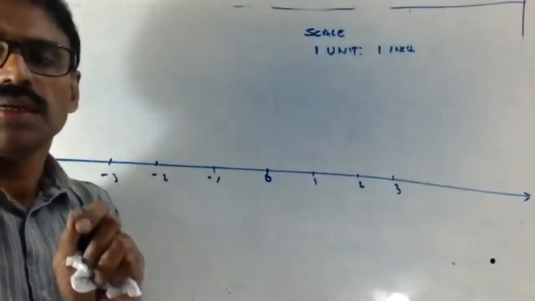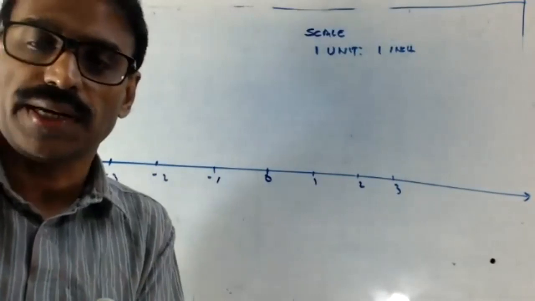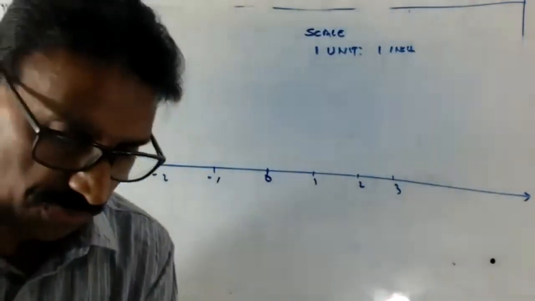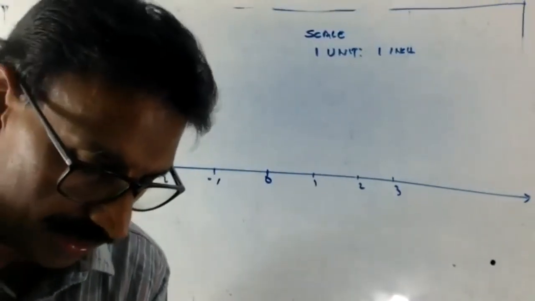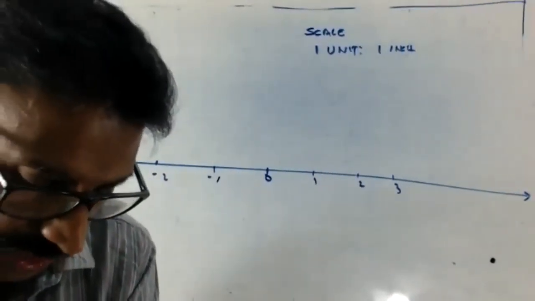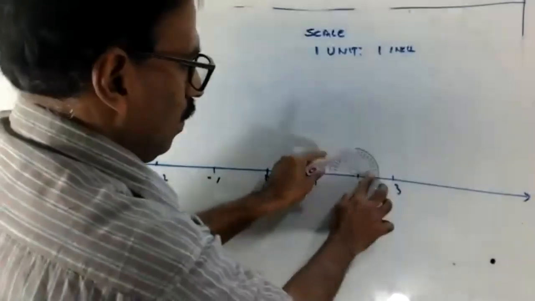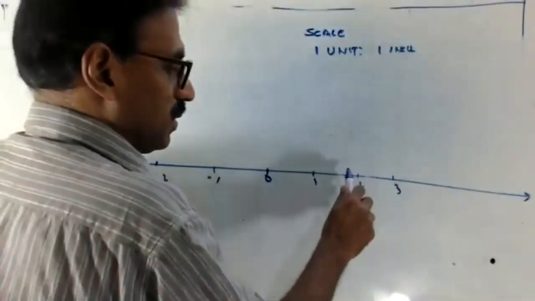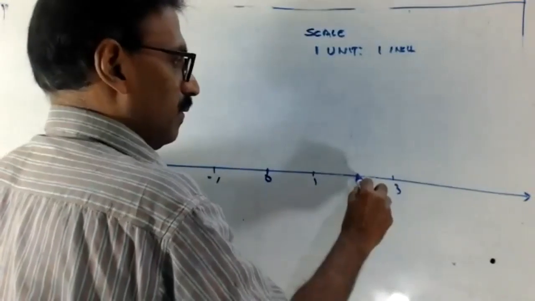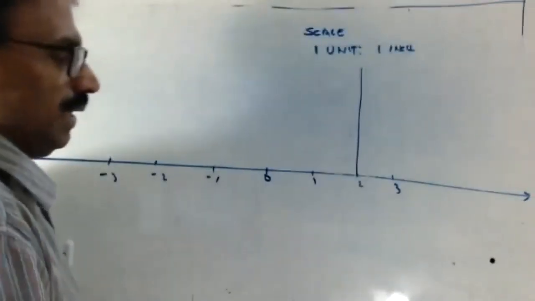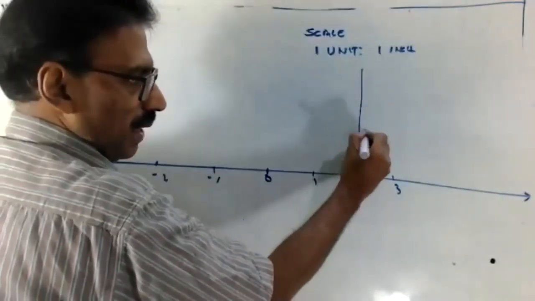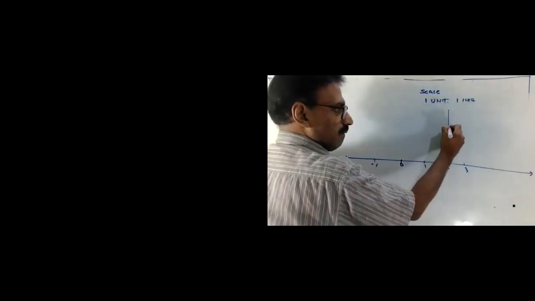Perpendicular depends on your class. Either you can use a protractor or a compass. The protractor way is very simple. You know how a protractor is used, right or no? Keep the protractor here, just 90 degrees. That's all. Okay. With a compass also, you make an arc and draw a big line. Then now here 2 units. Here also 2 units. So you mark 1, 2 like this.